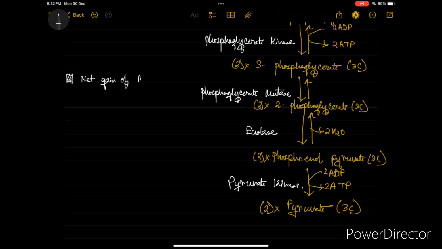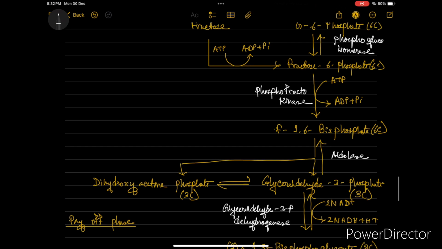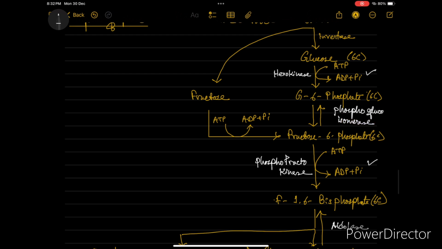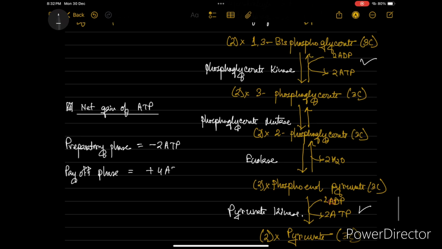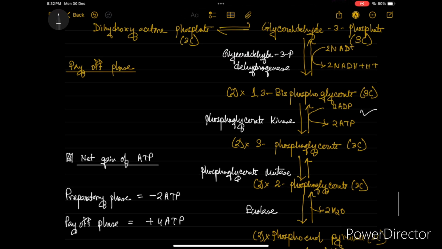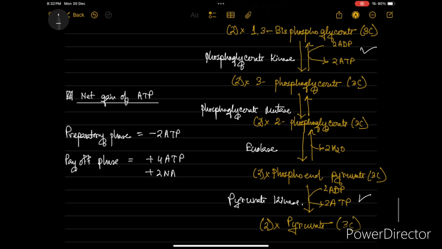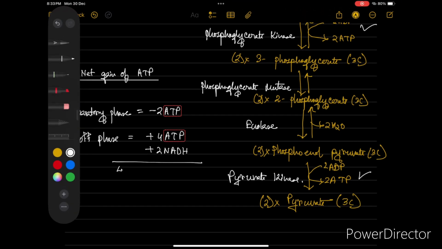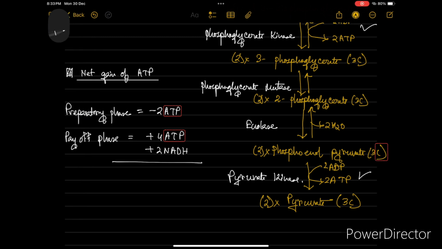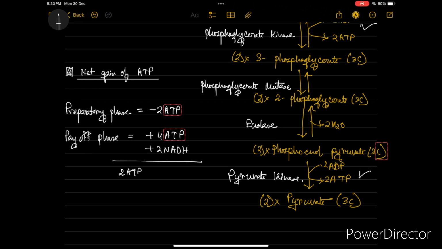Now the very important topic is the net gain of ATP. We observe that in the preparatory phase of glycolysis, the first and third steps involve the consumption of ATP, that is -2 ATP, whereas in the payoff phase, the last step and the second step cause the formation of 4 molecules of ATP, and the first step causes the formation of 2 NADH. So the net gain of ATP from glycolysis is 2 ATP molecules, and the 2 NADH are the